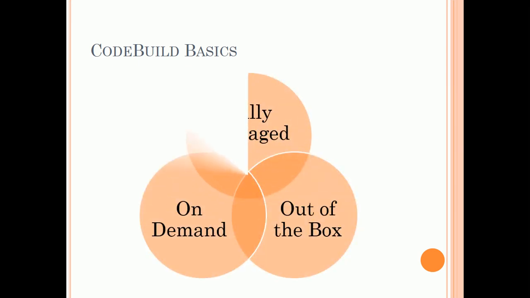These are the basic three features of Code Build. First is fully managed. AWS Code Build eliminates the need to set up, patch, update, and manage our own build servers. It is on demand available. So AWS Code Build scales on demand to meet our build needs. So we only have to pay for the number of build minutes we consume, and it is out of box. So AWS Code Build provides pre-configured build environments for the most popular programming languages. All we need to do is to point to our build script to start the build.